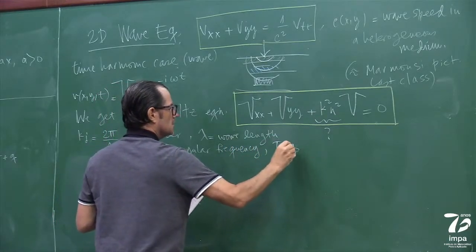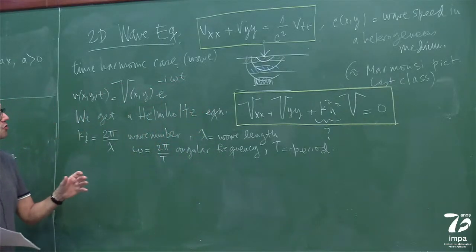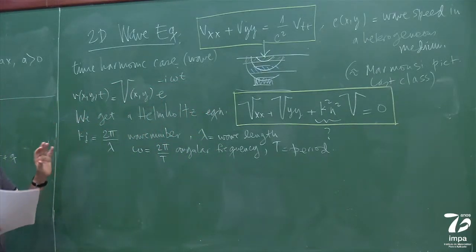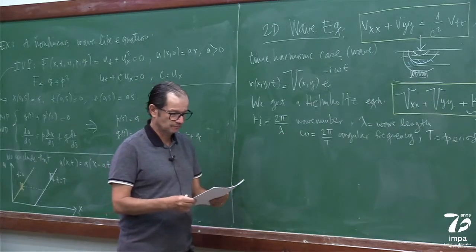Because t is the period. Okay, so basically, you're going to be seeing in the future many problems, K and